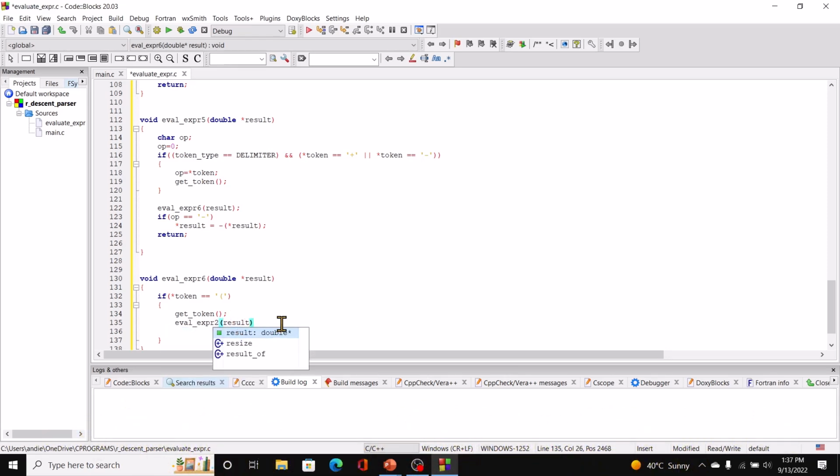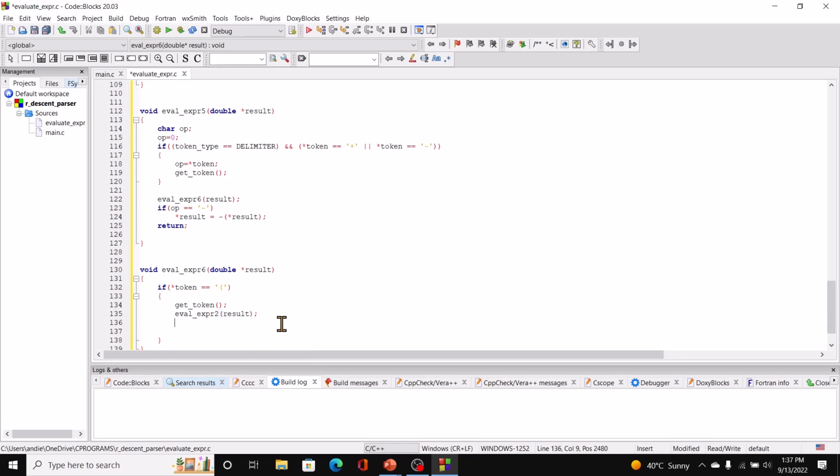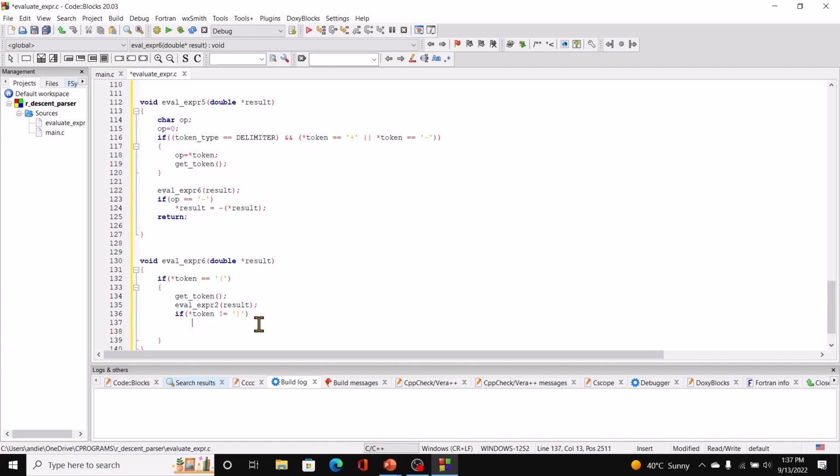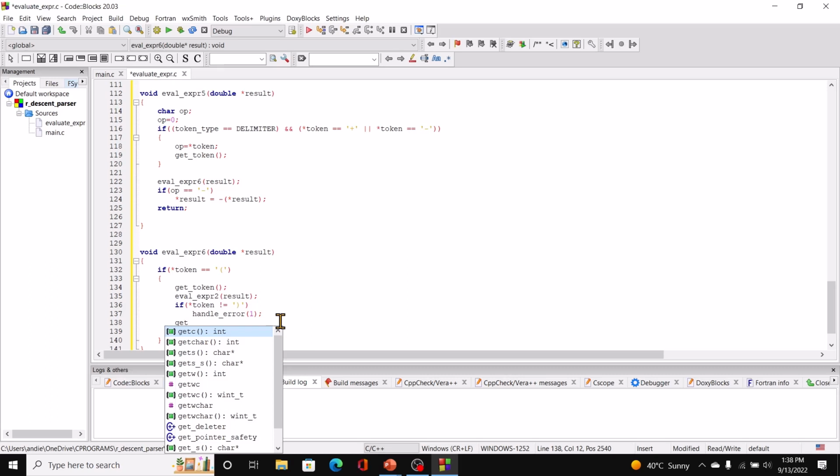Right, we'll come back here and we need to have a closing bracket. So we check that now. So if star token not equal to a closing bracket, then we have mismatched brackets, right? So we call handle error, and we send in the number 1, and then get token again,